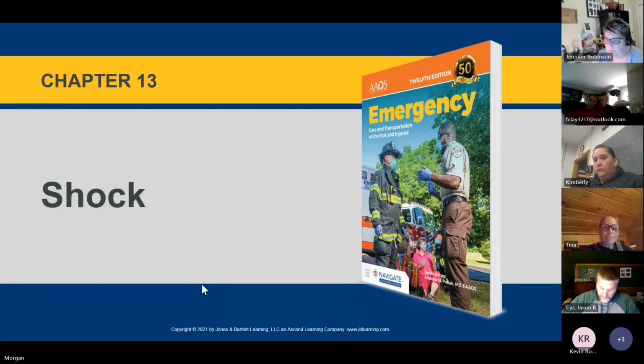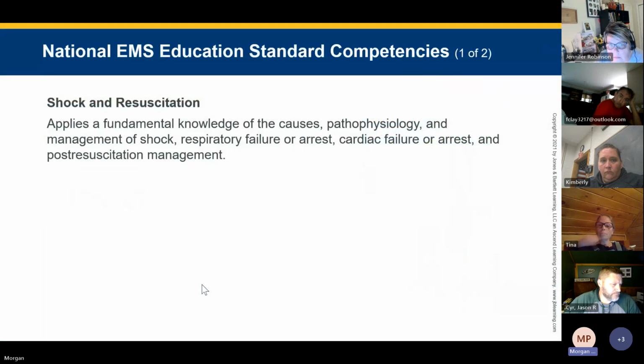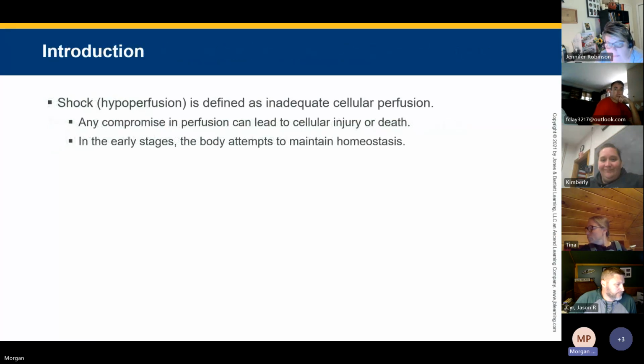Oh, perfect. Okay, so we're gonna dive into shock. When we talked about the VQ mismatches, this is the Q. If blood supply gets disrupted for whatever reason, the patient starts going into shock. So shock is defined as inadequate cellular perfusion, any compromise in perfusion that can lead to cellular injury or